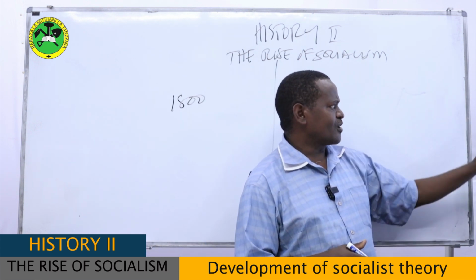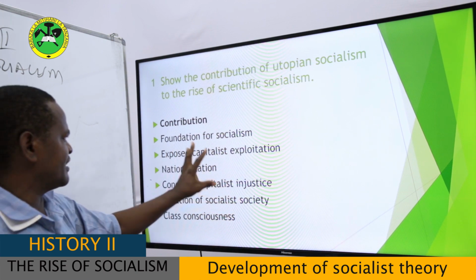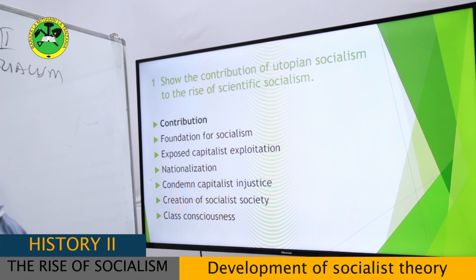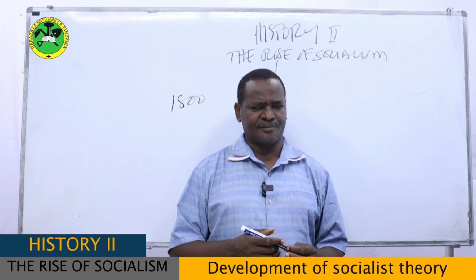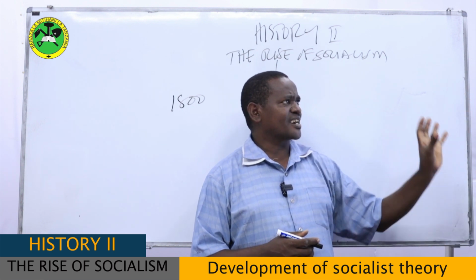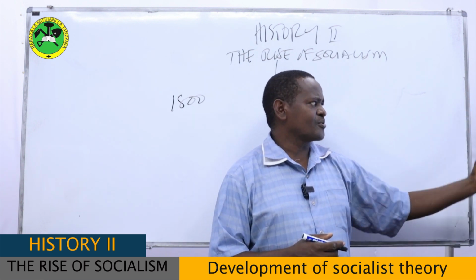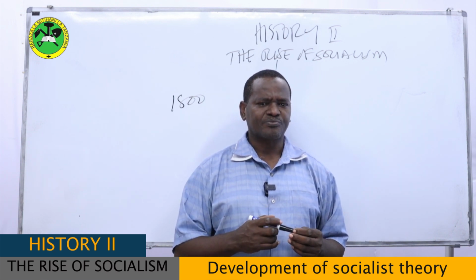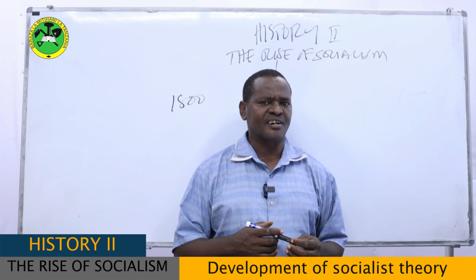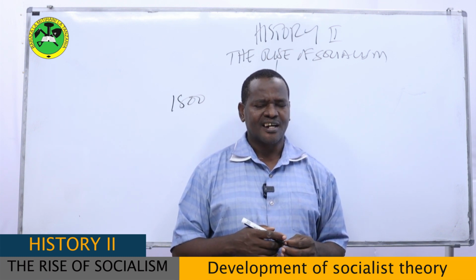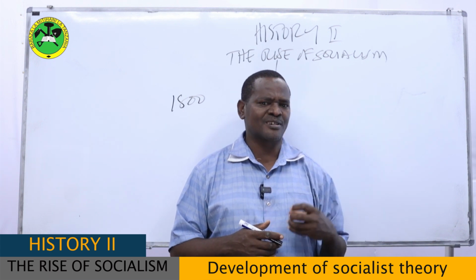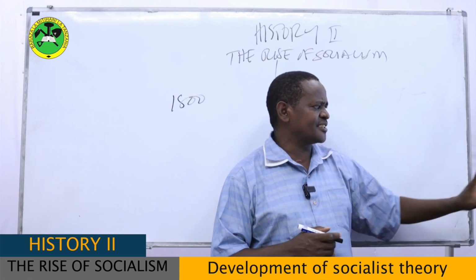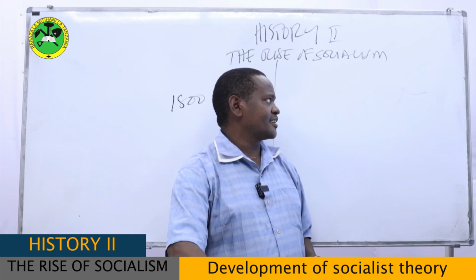My dear students, all in all, what differentiates the utopian socialists and scientific socialists is the way to attain a socialist society. These believe that you can reach a socialist society through bargaining, through reasoning, through just convincing the capitalists to agree to give up their properties, as we can make reference to Charles Fourier, Robert Owen, St. Thomas More, and some others. But the scientific socialists believe that you can attain this through violent revolution, my dear students.